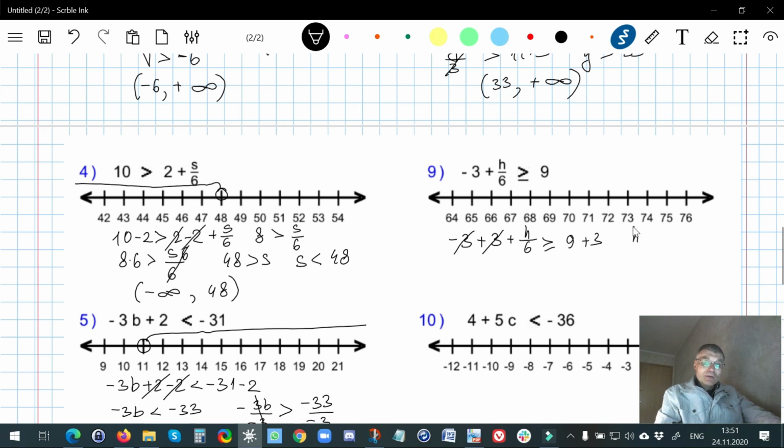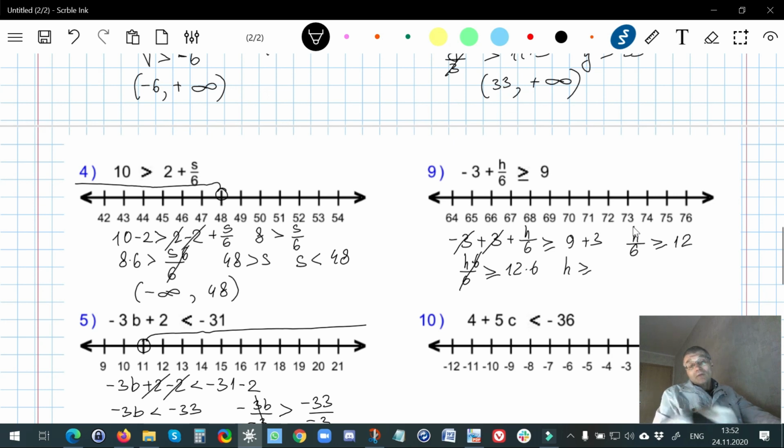We have left h over 6 greater than 9 plus 3, it gives us 12. And now we have to multiply. Again, we multiply by positive 6, so we don't change the sign. h over 6 multiplied by 6 is greater than 12 times 6. Here it cancels. h is greater than